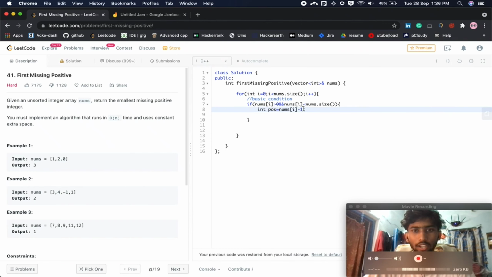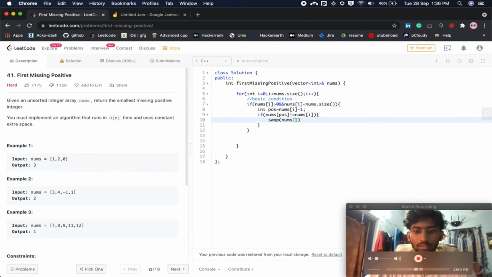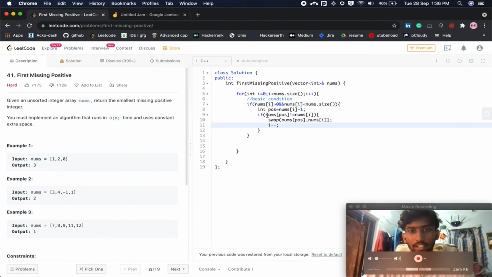We are doing -1 because it is an index, and index starts from 0. So if nums of position is not matched with its element, then we have to swap it. And we have to decrease the index again, because if that element is still not in the right position, we have to traverse it again. So this is the basic loop we got.